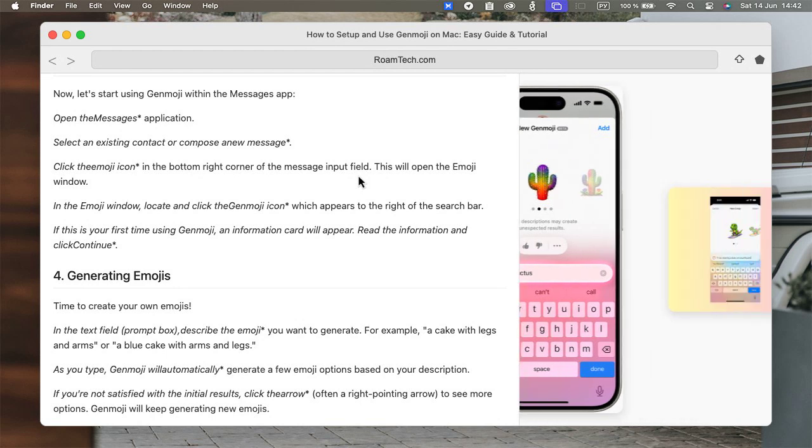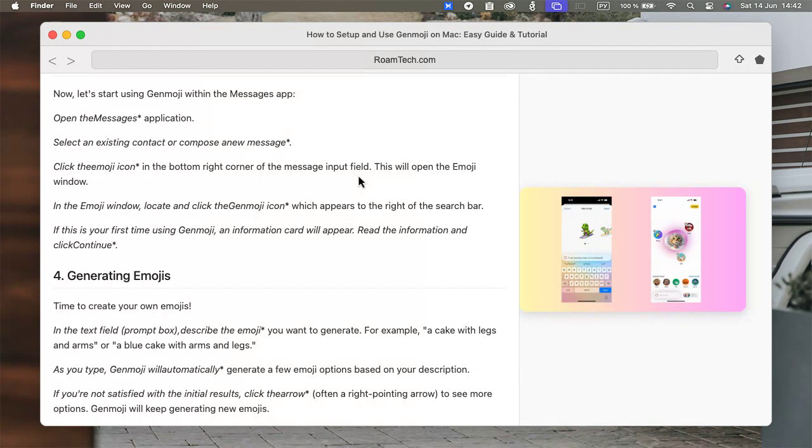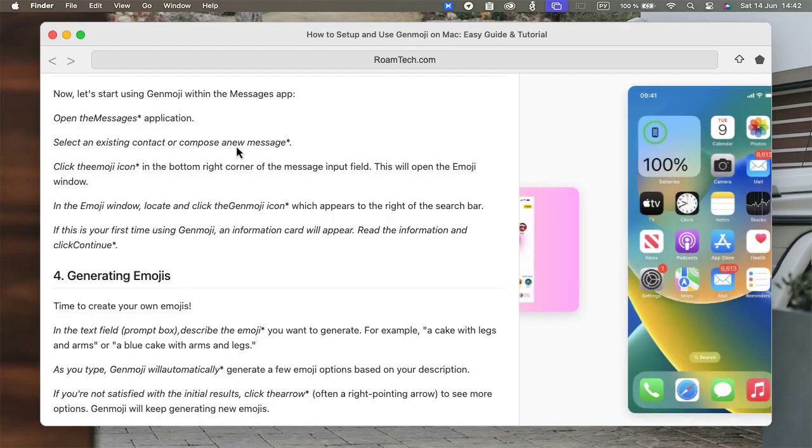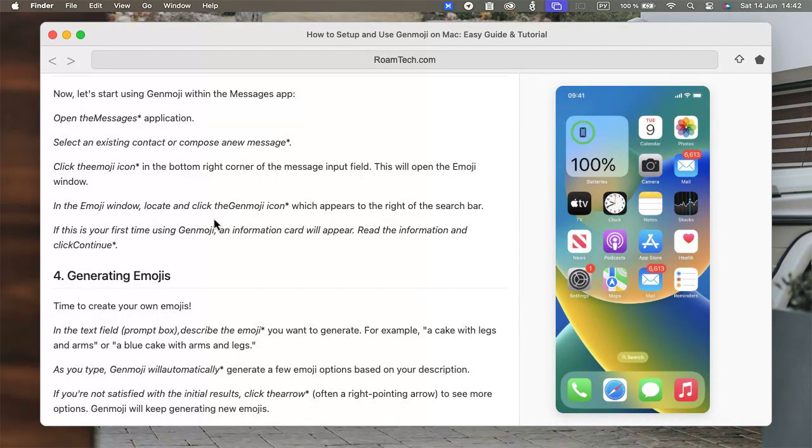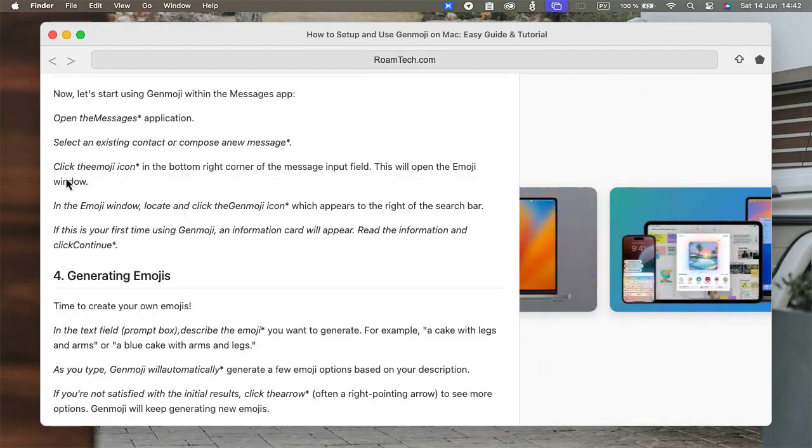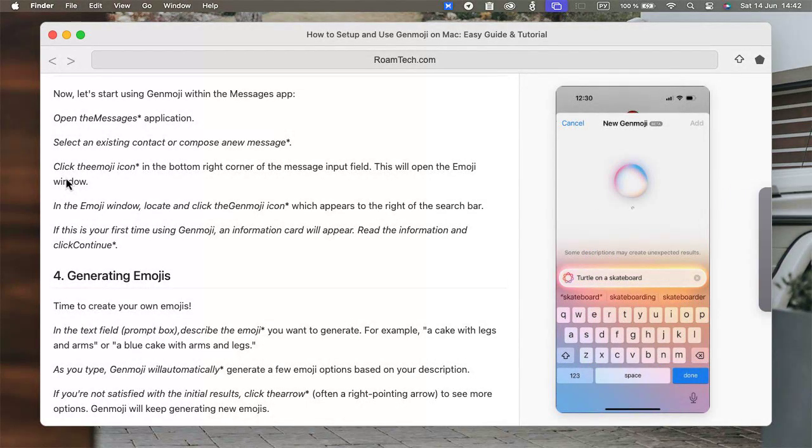Okay, now that we've confirmed compatibility and updated our software, let's get started with setting up and using Genmoji. Open the Messages application and select an existing contact or create a new message. Next, click on the emoji icon in the bottom right corner of the message window. The emoji window will pop up. Now, click on the Genmoji icon, which is another emoji icon located to the right of the search bar within